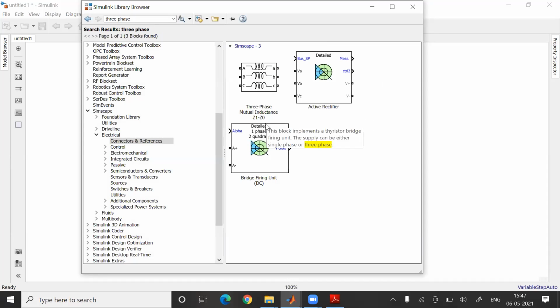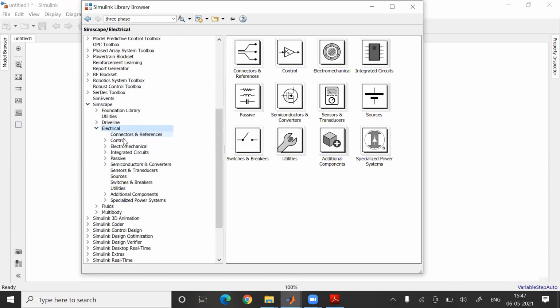This is your mutual inductance box. These are other parameters. Okay, we will not go into that part.